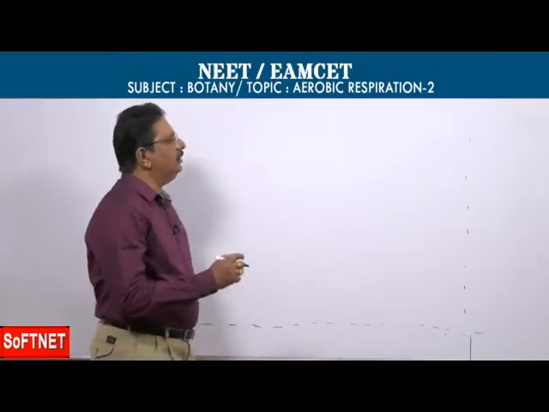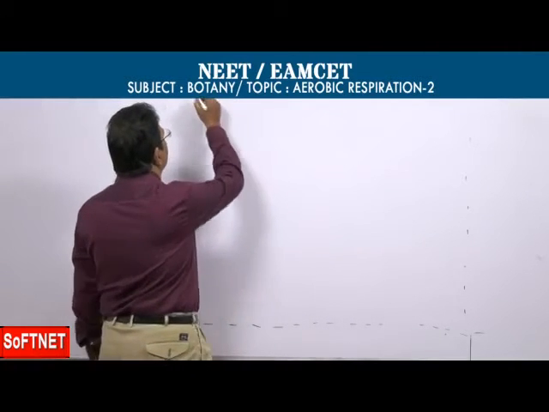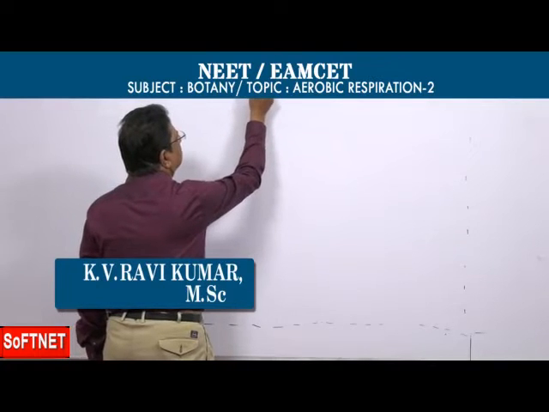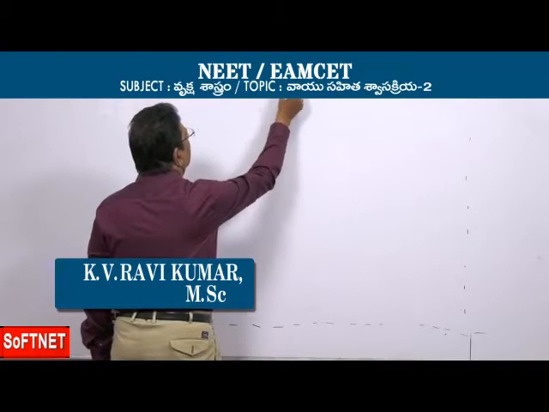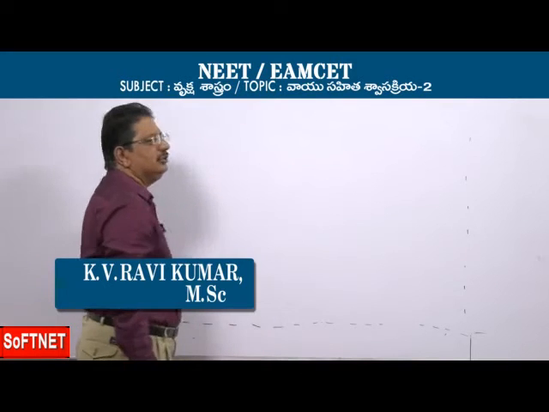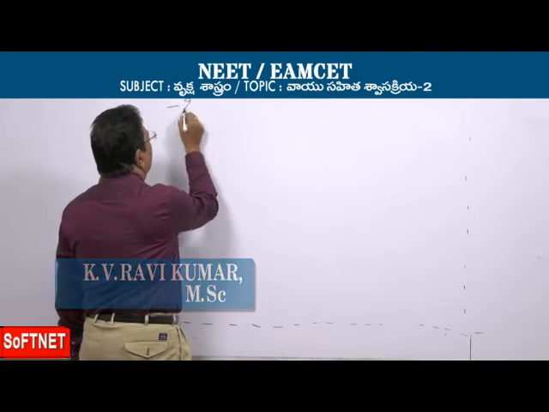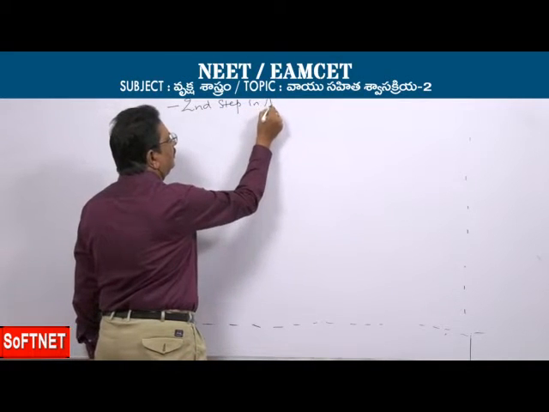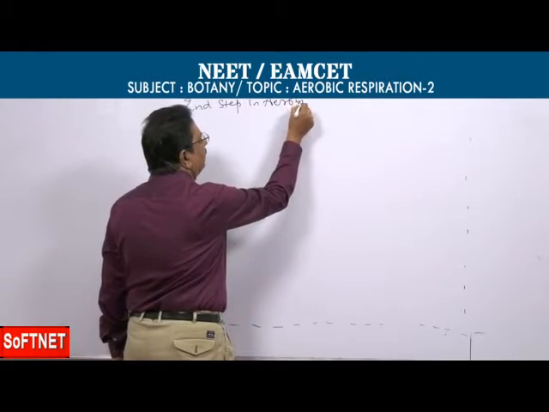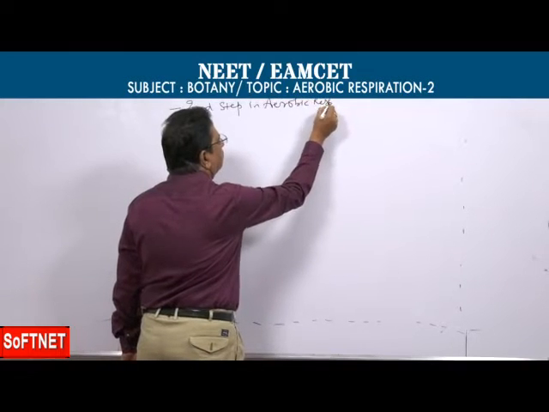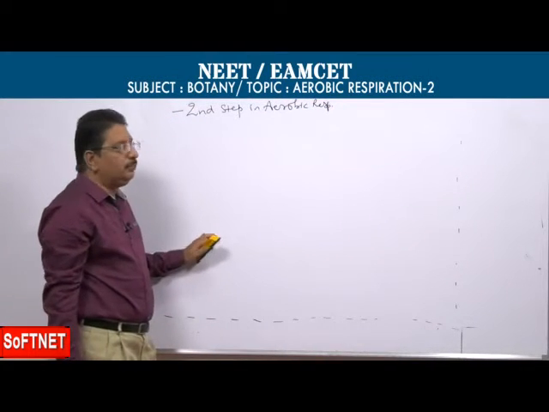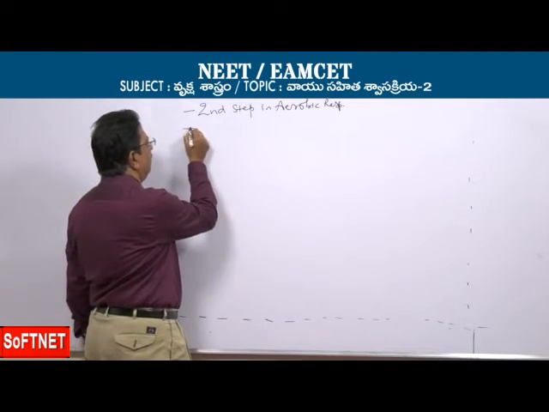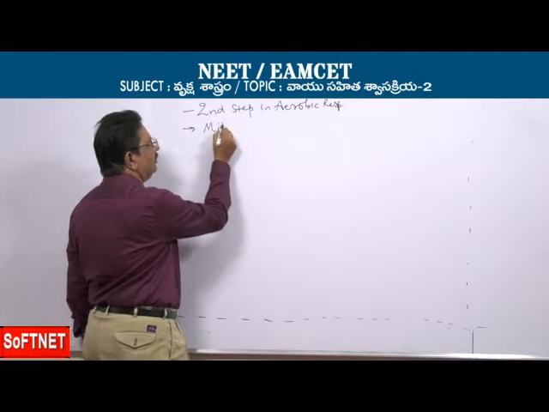The next step after glycolysis is called the link reaction. This is also considered the second step in aerobic respiration. So where does this reaction occur? This is the reaction that takes place in